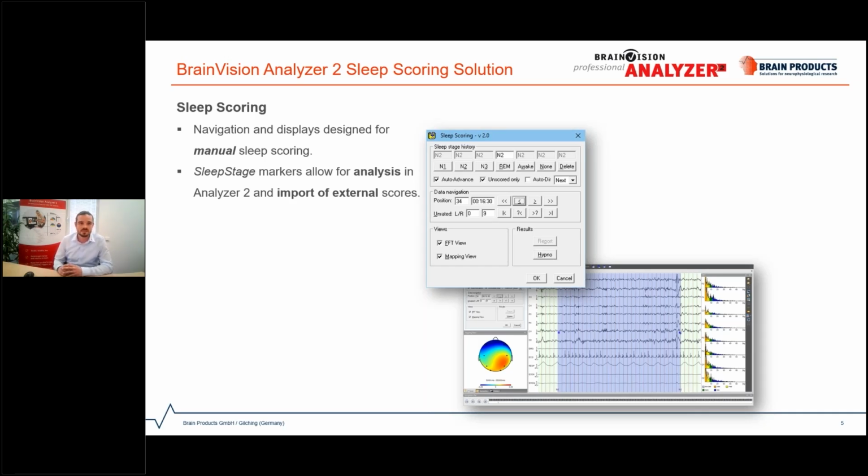It operates along sleep stage markers. That means that it does not only insert a marker, so a marker in Analyzer is an annotation in the data set. It inserts sleep stage markers that indicate the beginning of a scored interval. It also allows to import scores from a different software. As long as you can export the scores from a different software and then convert them to BrainVision markers of this type,